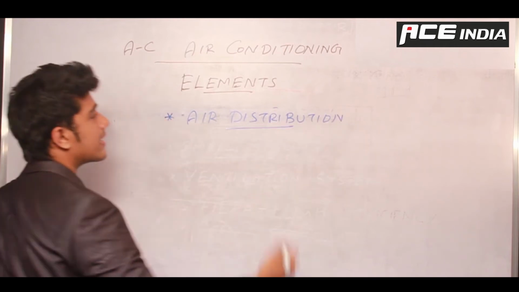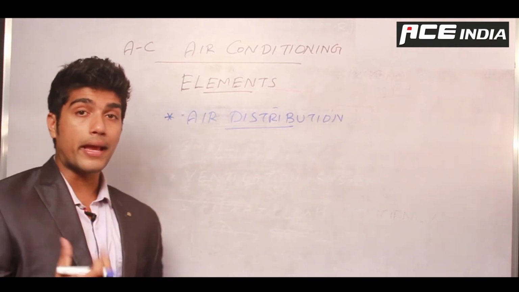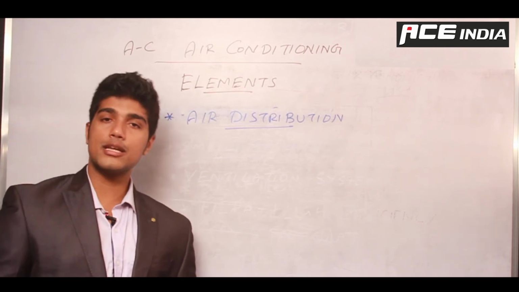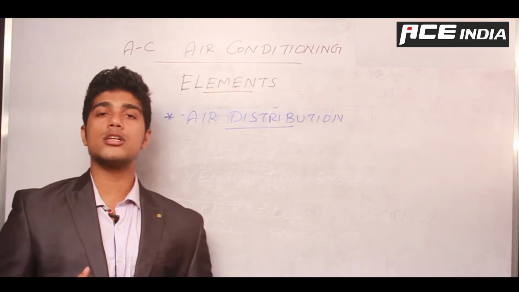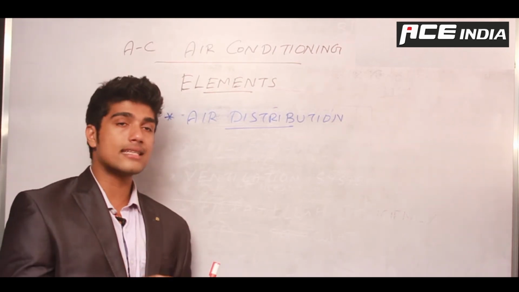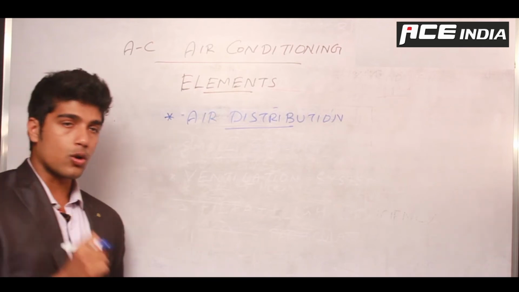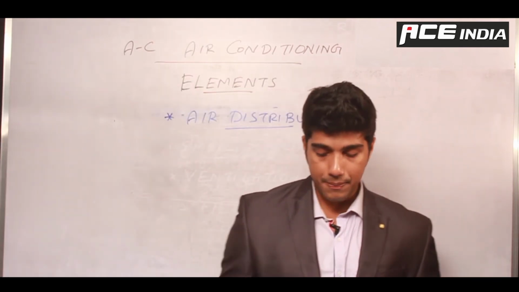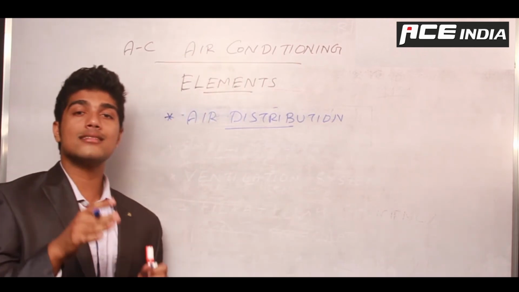This is not something that we need to control, this is something that we have to make sure of when you have an air conditioned room, which is known as air distribution. What my air conditioning machine is going to be doing is increasing the quality of air inside the room. So if I sit in this corner of the room or in this corner of the room, what I need to feel is equal quality.